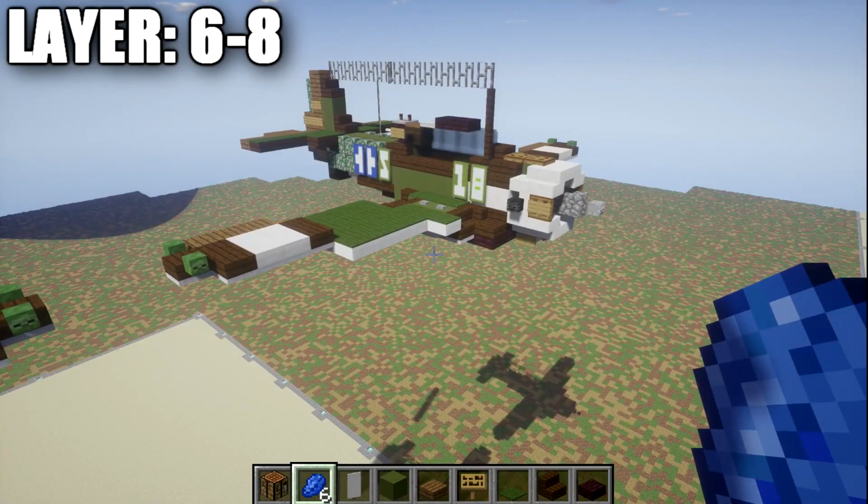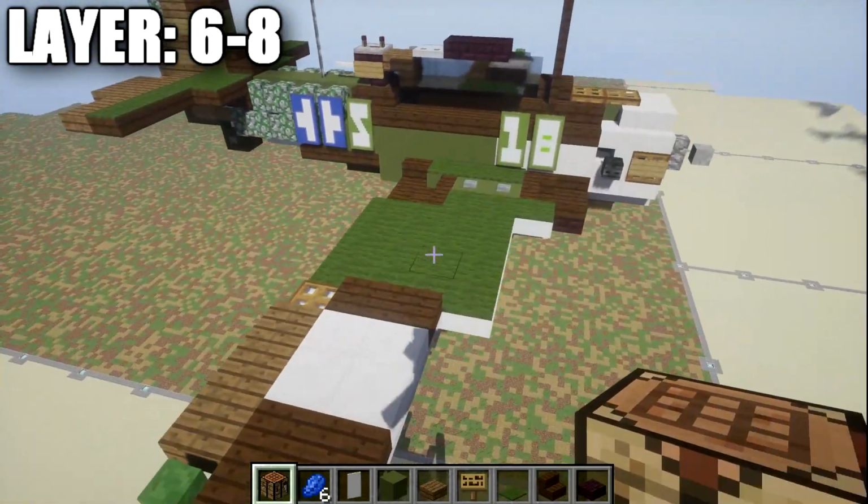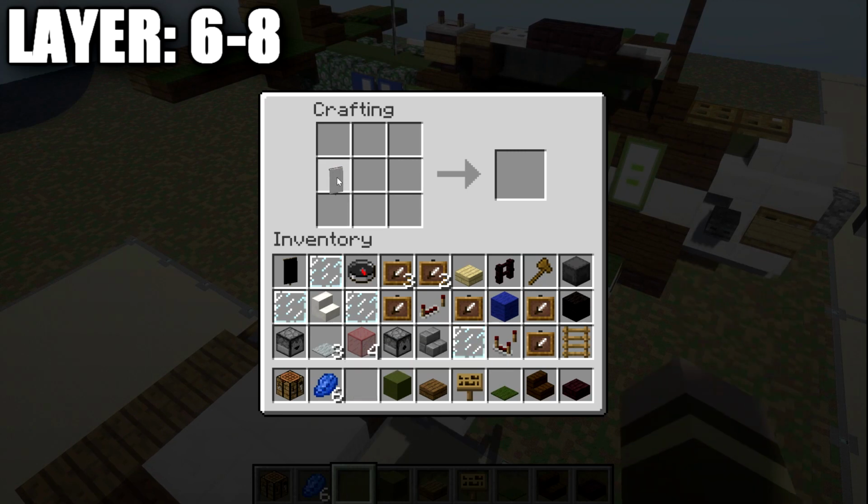Alright, so making banners for this part, we do have a little banner that goes on the back here, and it's pretty simple to make. So we're just going to go ahead and grab ourselves a crafting table, again a white banner. We're going to place down a white banner in the crafting table, to the left side, and in the right 2 columns here, we're going to place down basically 2 rows of 3 of lapis lazuli,